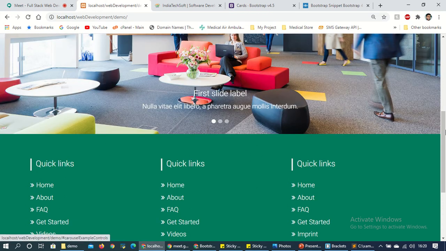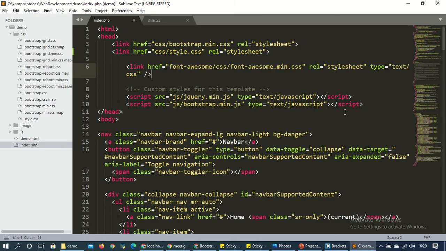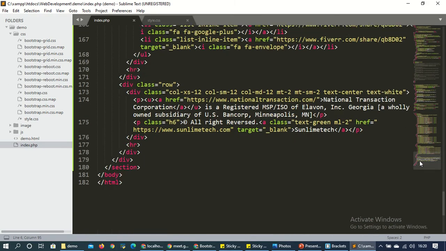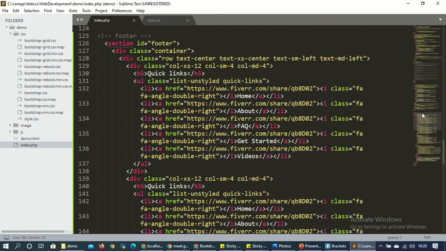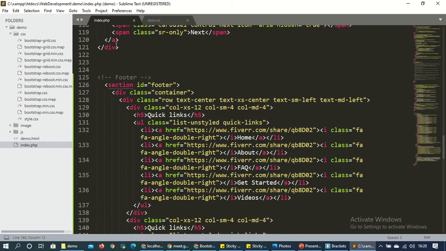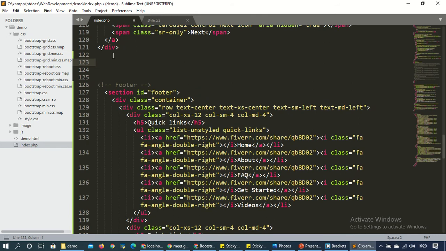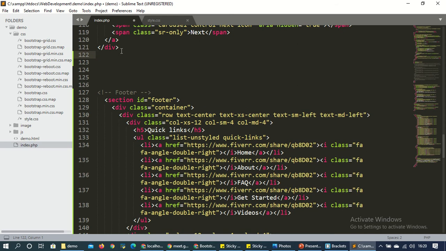Okay, and this is the body after this. So just go to the bottom, and this is a section. Okay, so where is the section open? Here. So here I am going to apply, and here we can give comment and slider end.